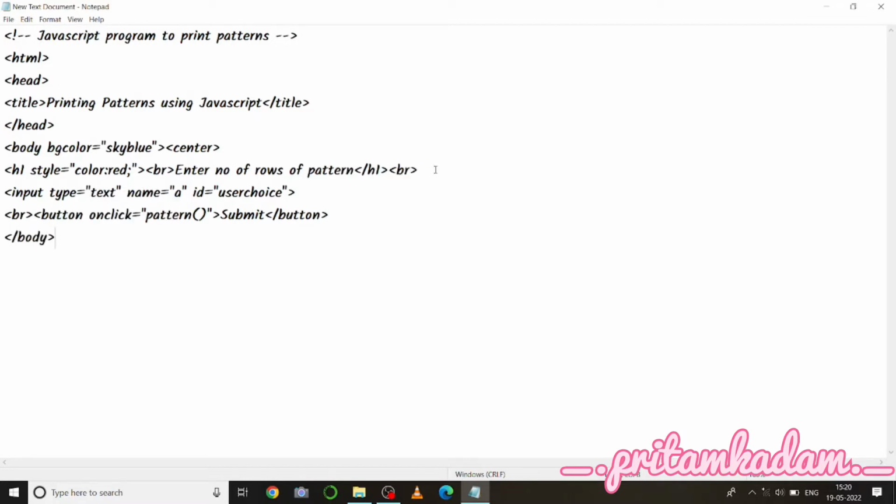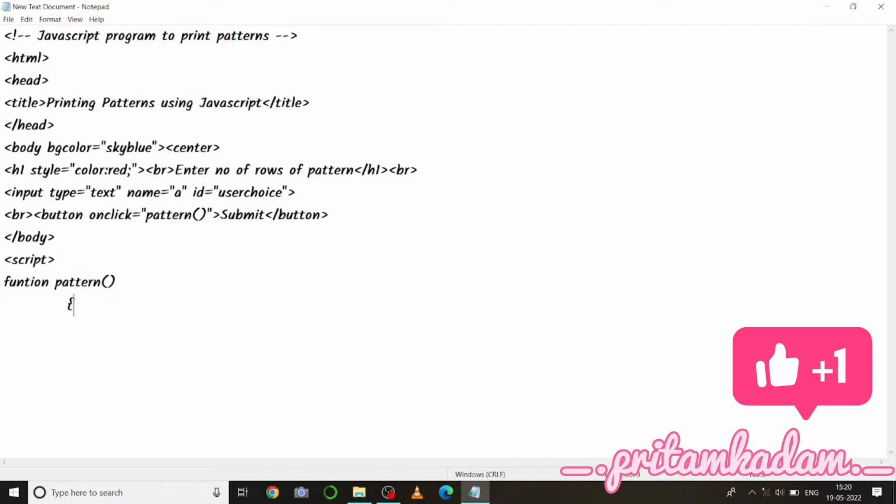Now I have to write the script. In the script tag I'll be writing the function pattern. We will introduce 3 variables i, j and n. i and j for the 2 for loops for the pattern logic, and then n so that I can copy the user choice value inside it. So let us write